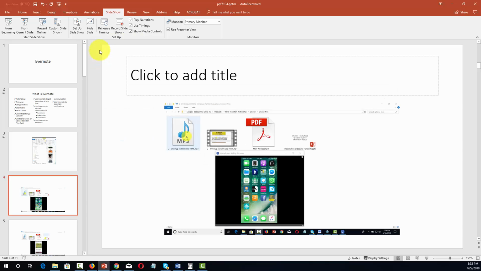Now, in most cases, if you are doing a recording of your PowerPoint or you're going to be presenting live in person to other people, you're going to be using the From Beginning or From Current Slide panel. And this basically allows you to present full screen by clicking through your slides. And so when we click the From Beginning button,